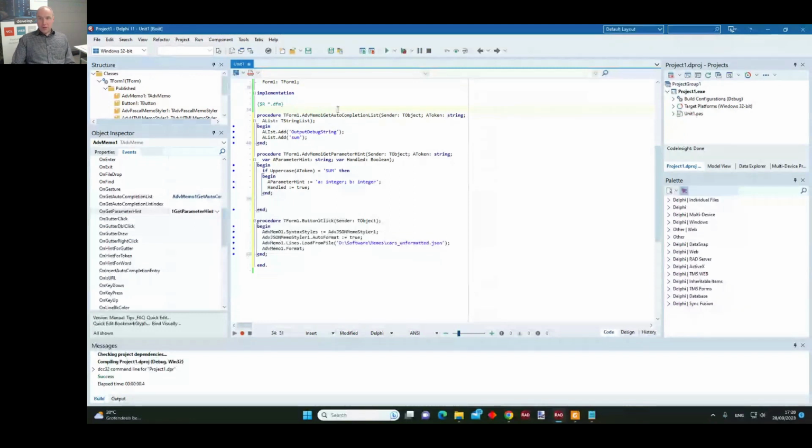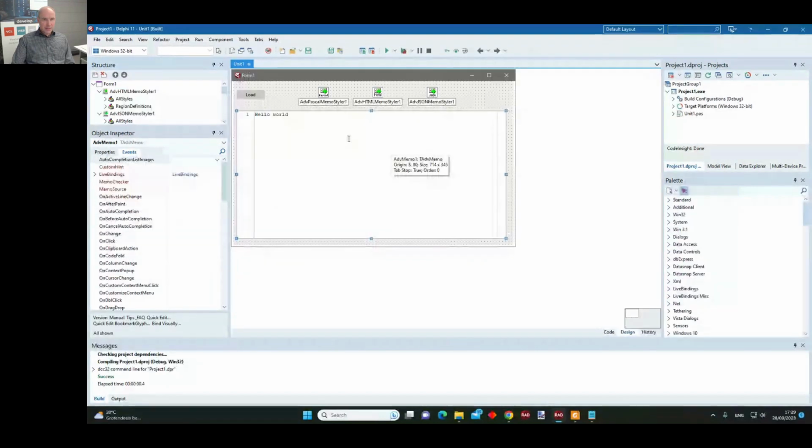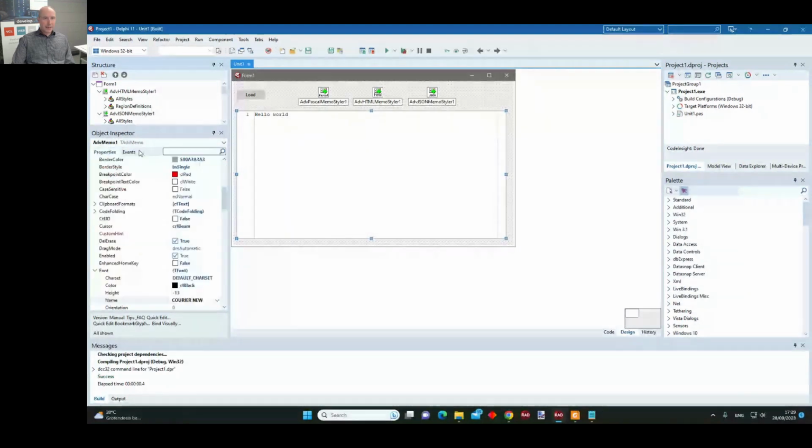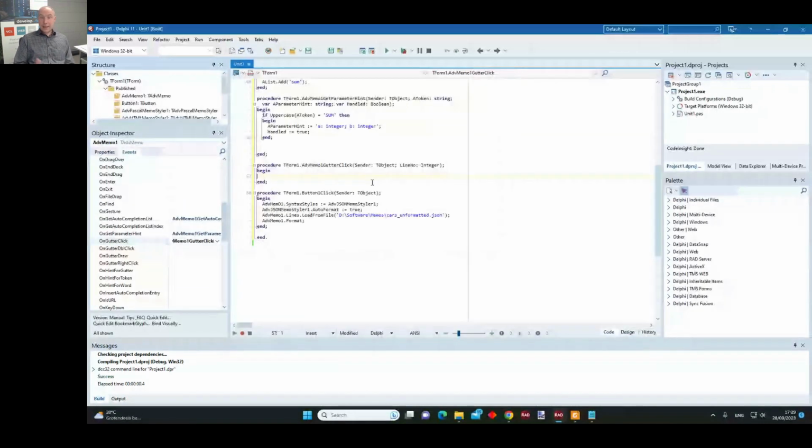And one more thing within this memo is showing you what you can do with breakpoints and or bookmarks. What I will do for that is implement the onGutterClick event. So this is an event when I perform a click in the gutter area.